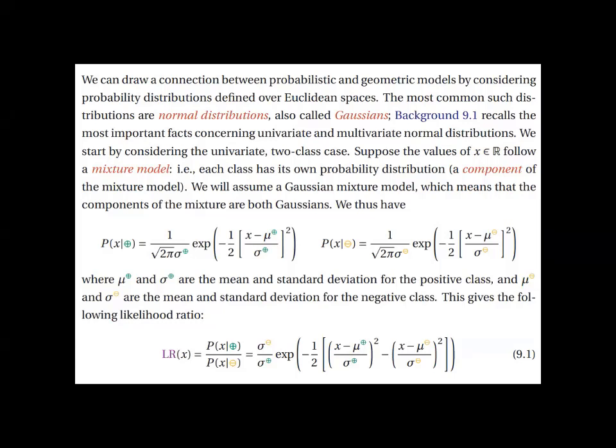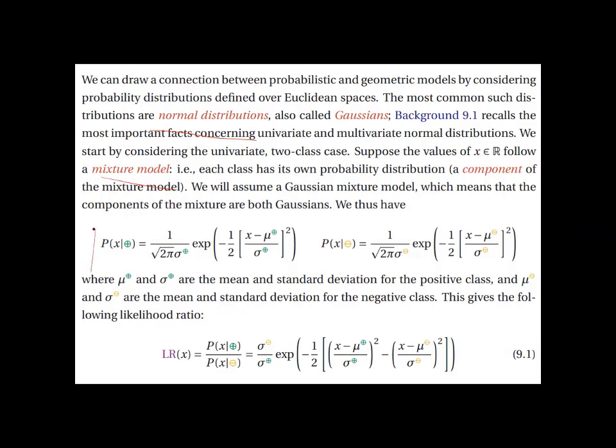Today, let us talk about the normal distribution and its geometric interpretations. Now, the question will be asked in the same manner: discuss the normal distribution and its geometric interpretations. What we have to do here is discuss what is called a normal distribution and what is called a mixture model.